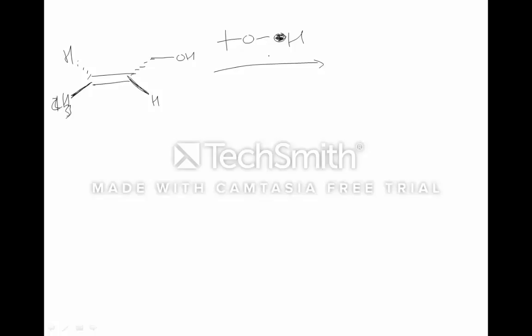Okay, we're not going to go over an actual mechanism, but all these things combine. Tert-butyl hydroperoxide, titanium isopropoxide, which is a Lewis acid, and then we have this molecule here,